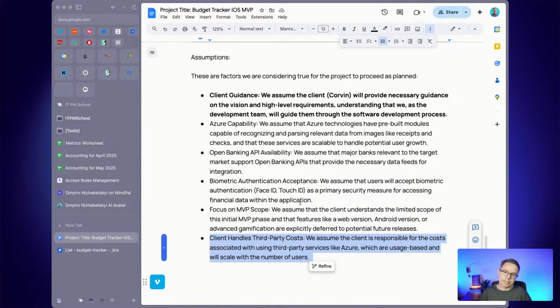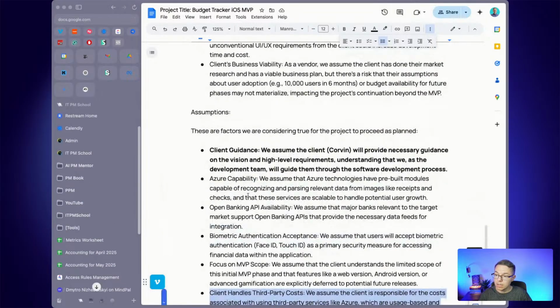And yeah, that's another great assumption, that we assume that the client is responsible for costs using Azure, and they understand that it will scale. It has maintenance costs. So